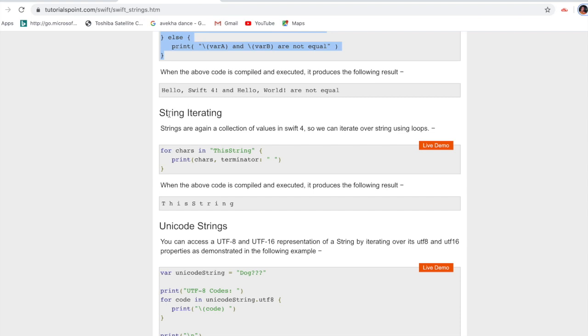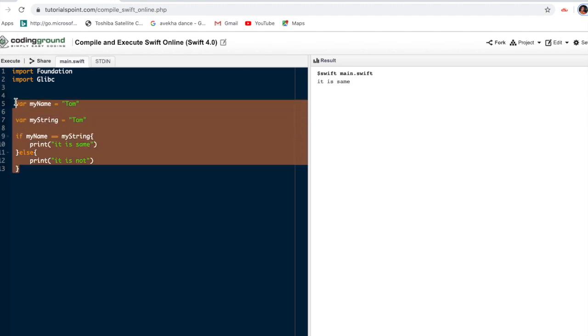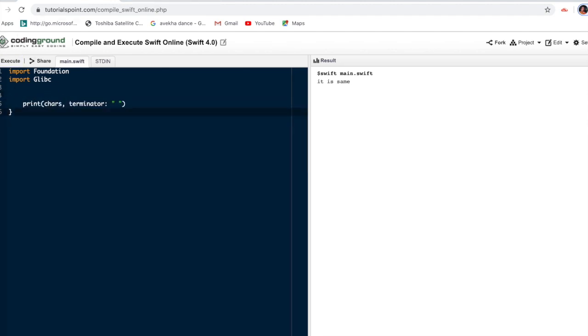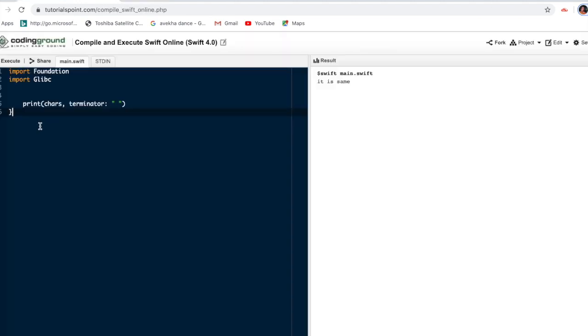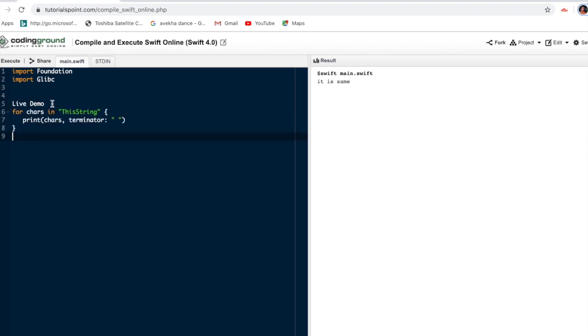Then iterating our string is another way. Let's show one example. Iterating means, as I have already explained about the for loop, it goes through each and every character.